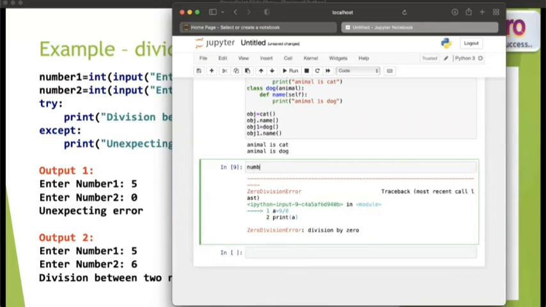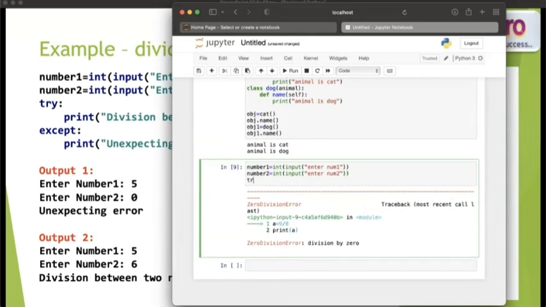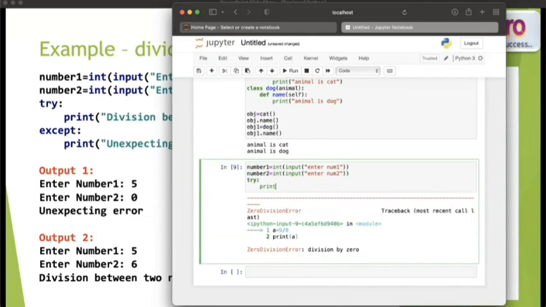So how you will give: num1 equal to int of input of enter num1, num2 equal to int of input of enter num2, try print division of num1 and num2 is, comma, num1 by num2,